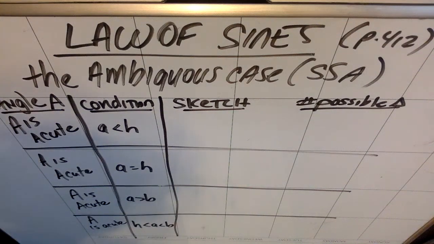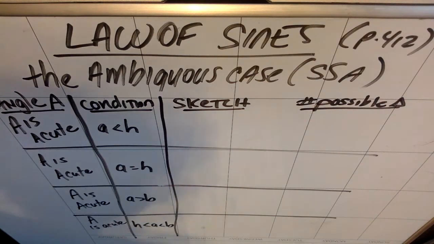So we're going to walk through the law of sines, which is usually a fairly straightforward rule. But there's one way that you can be given information in the law of sines that is complicated, and that is the ambiguous case, side-side-angle. Every textbook ever and every teacher ever writes it as side-side-angle, because if you write it the other way,